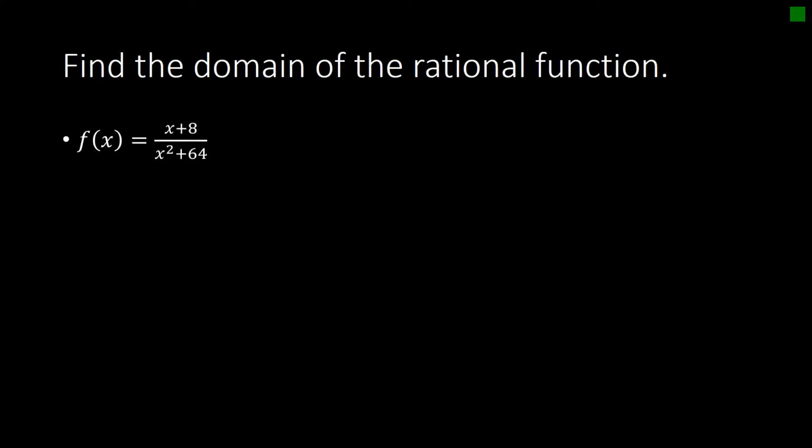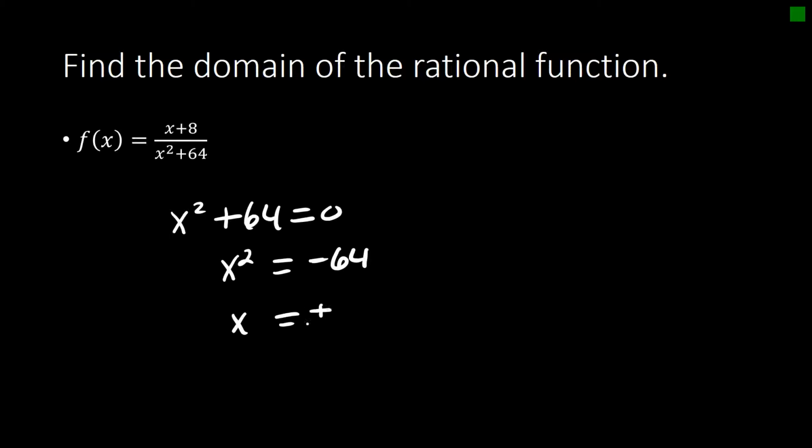Let's look at another one. We have x plus 8 divided by x squared plus 64. Now, x squared plus 64, that's not a difference of two squares, so it doesn't factor that way. There is no greatest common factor. So let's see if there are any x values that make this denominator 0. So let's set it equal to 0. So we have x squared is negative 64, or x is plus or minus the square root of negative 64,